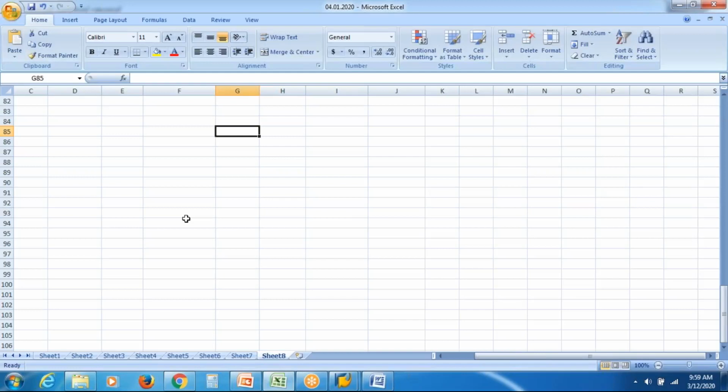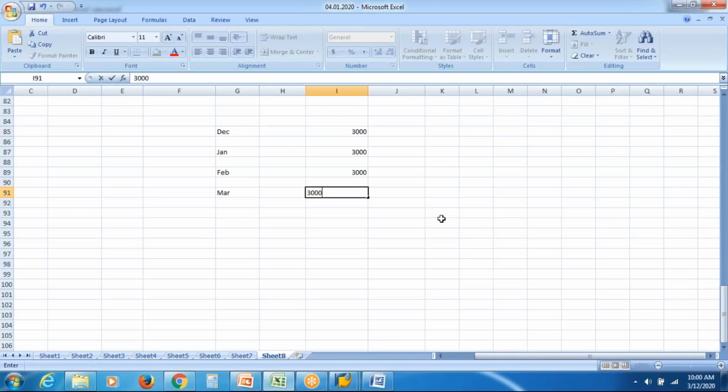Let's say there's an employee whose basic pay is, let's say, $3,000. The salary for the month of December 2019 has been processed. Then Jan is also processed. Feb is also processed. Now we are in the month of March. It is yet to be processed. So 3,000 here paid, 3,000 here also paid, now 3,000 here is yet to be paid. Now in the month of March,